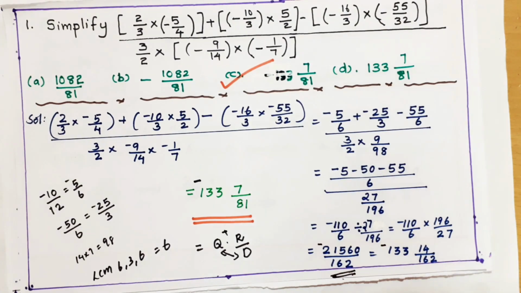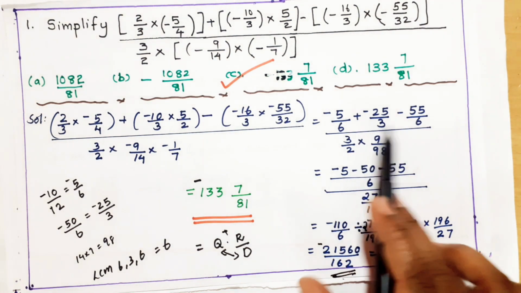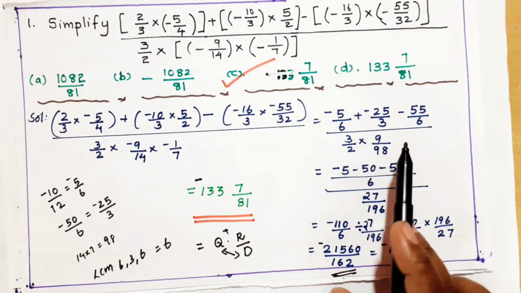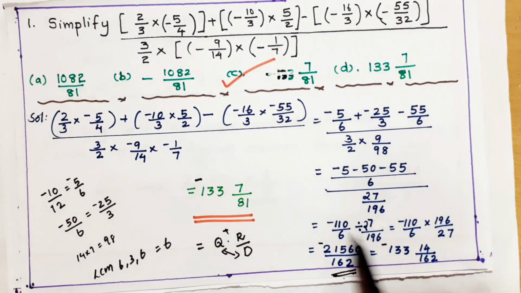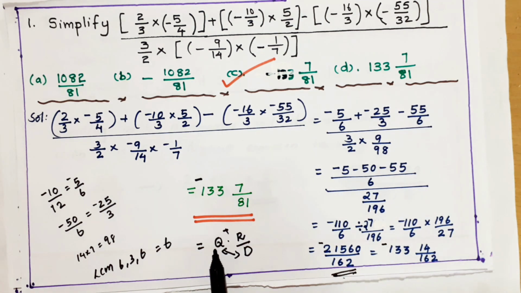And the first question you see, it's a very, very important question, how to simplify it. Simplifying: I took the terms that are in the bracket and got a little simplified form. Then I took the LCM. Then I added the numerators and did the denominator. Then how to divide a number, taking the reciprocal and multiplying it. After that, you check the answer. The answer is not in this form, so what I did, I divided, and I have written quotient, remainder, divisor. Clear?